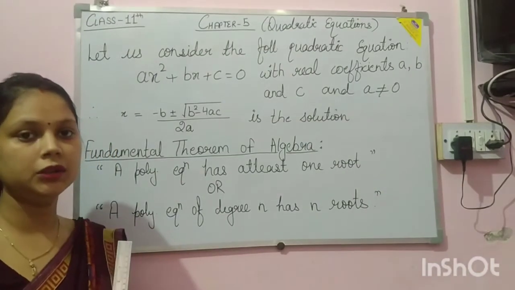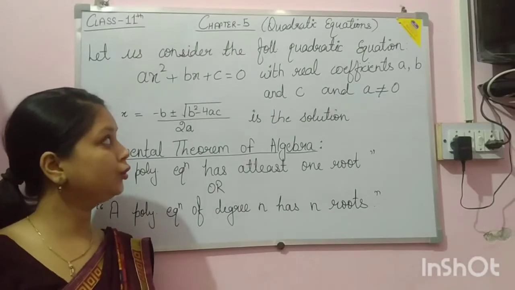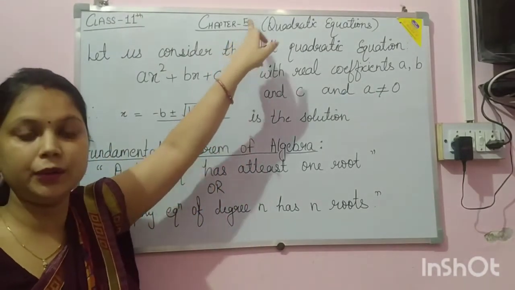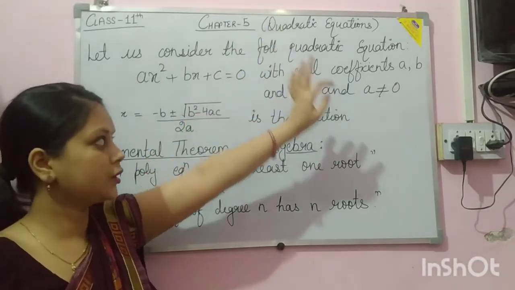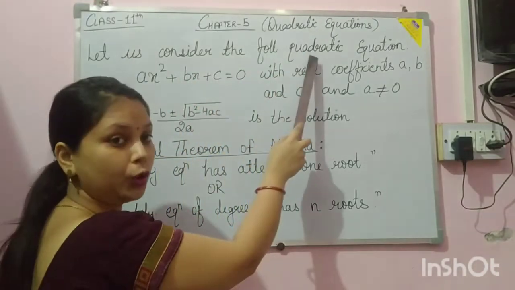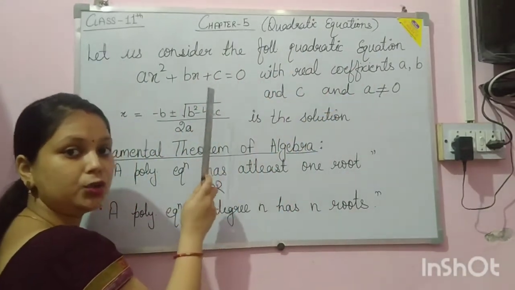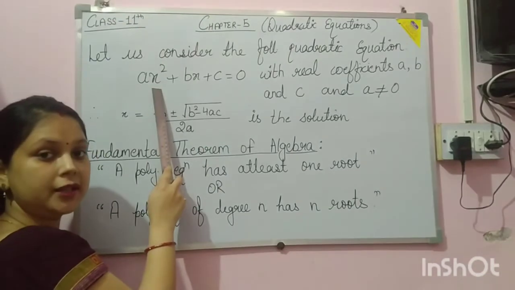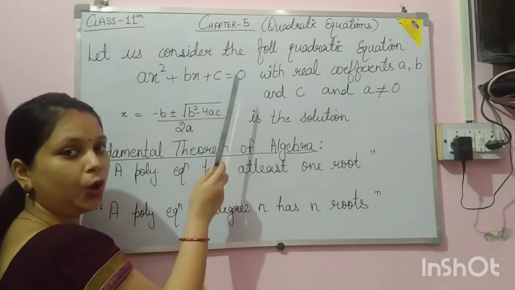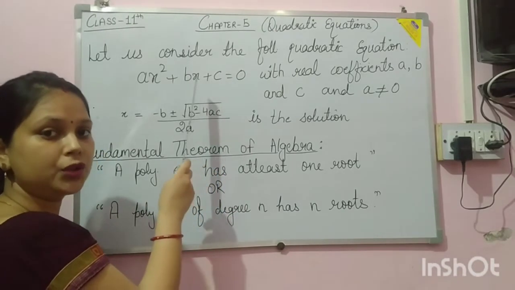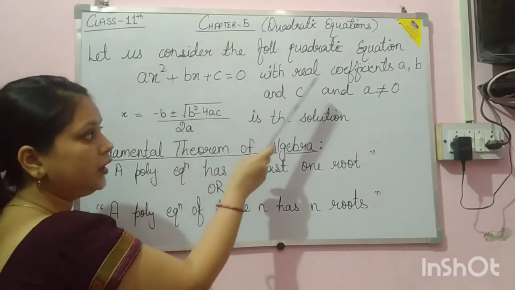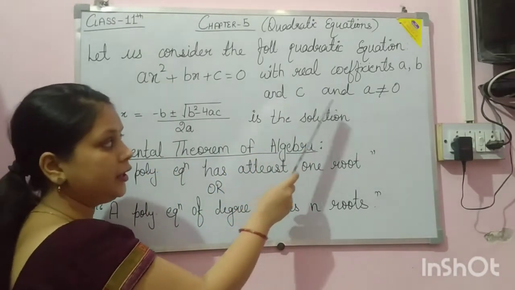Good morning class. So 11th class, today we are going to discuss our chapter number 5 and the topic quadratic equations. As you know very well, let us consider the following quadratic equation. As you know, a quadratic equation is like ax square plus bx plus c equals to 0, or you can see a quadratic equation can be a polynomial of degree 2 with real coefficients a, b and c and a not